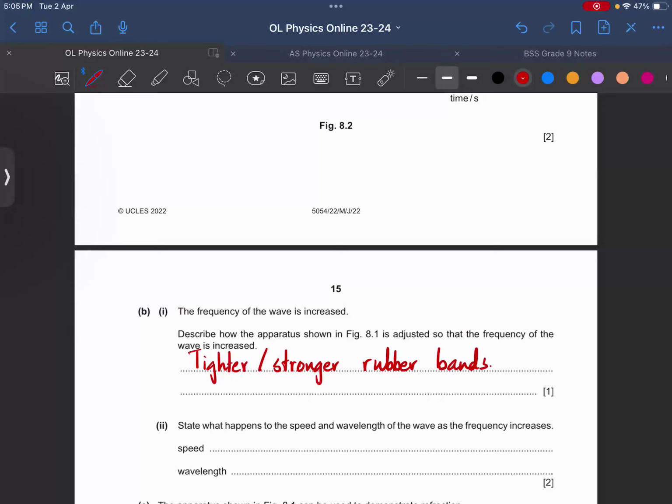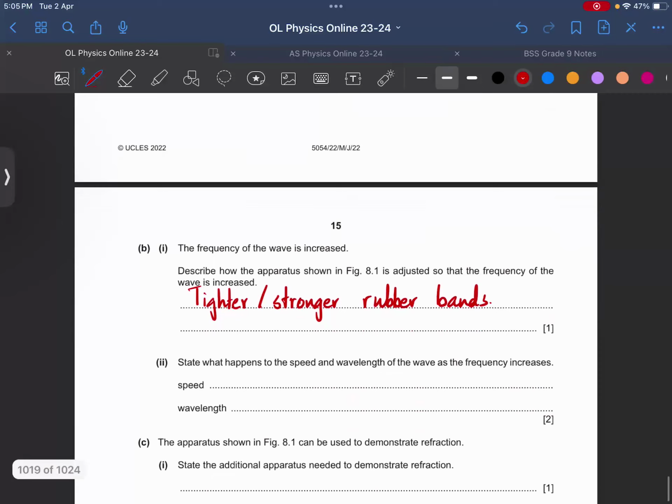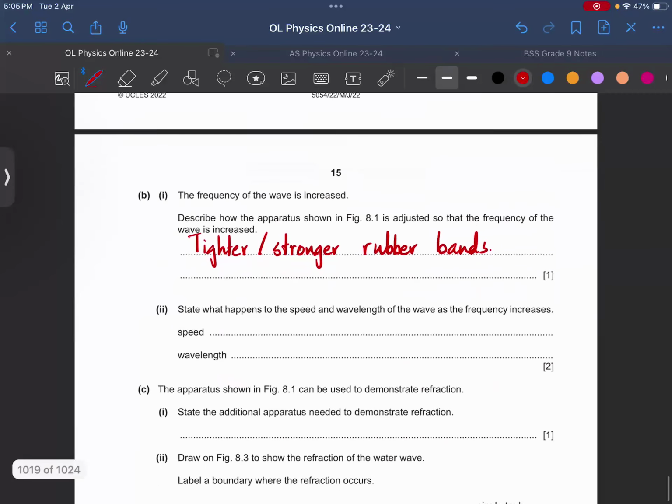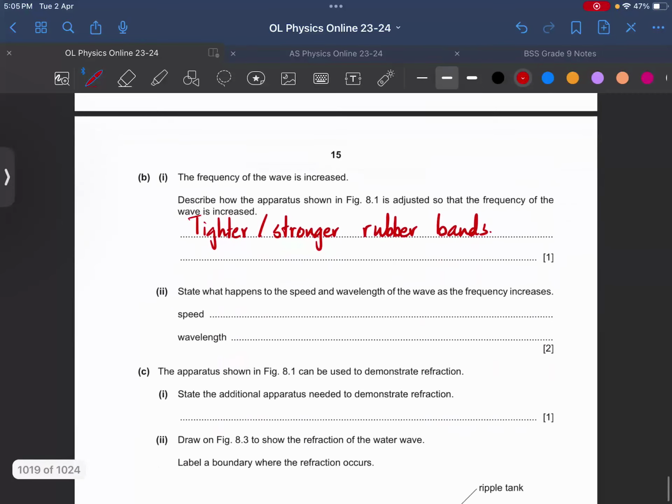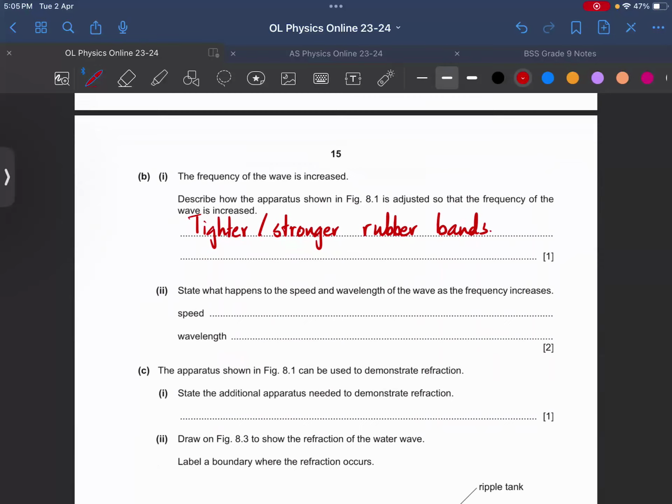Describe what happens to the speed and wavelength of the wave as the frequency increases. Frequency बढ़ेगा तो as the frequency increases, all right. So हम लोग उसी मीडियम में बात कर रहे हैं। उस स्पीड को तो कुछ भी नहीं होगा, नो चेंज। सही है, बट बिकॉज ऑफ v = fλ, अगर f बढ़ रहा है तो लैम्डा को कम होना चाहिए, सो वेवलेंथ इज गोइंग टू डिक्रीज।